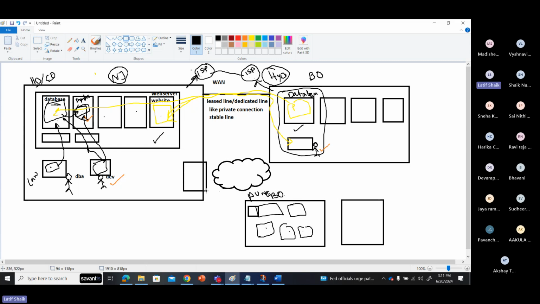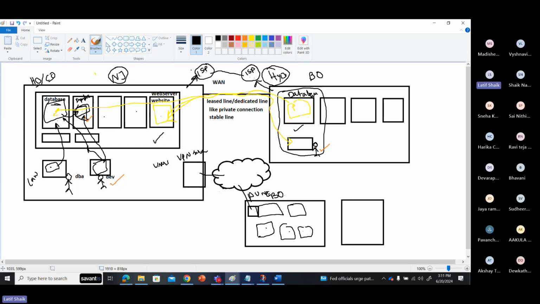What we do is create a firewall here. Inside the firewall, we make this one a VPN server. We give a list of users who are able to connect through the VPN. We authenticate users with the help of Active Directory or a AAA server, RADIUS server kind of stuff. So your branch office is connected to the internet, and one side of the VPN server is connected to the internet.